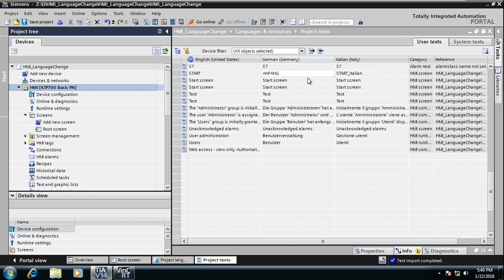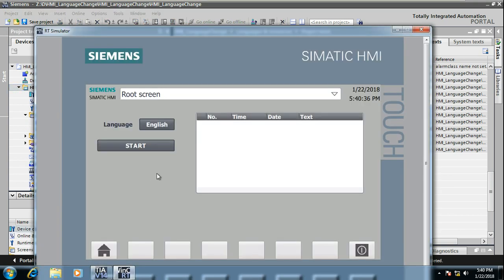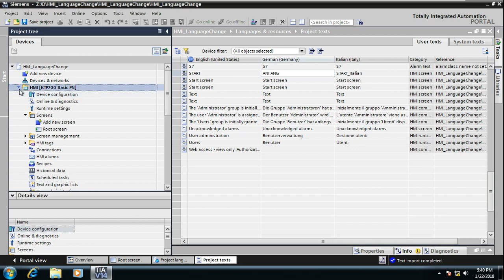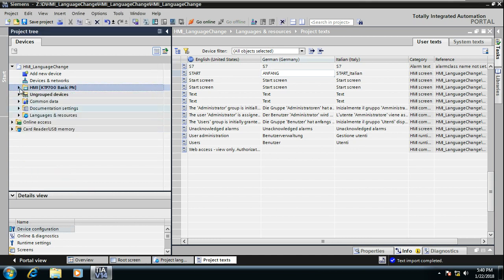All the things which he has converted, you can directly import, and it is ready to go. As we have done here, I'll just switch the language to German. See, Italian we have not changed, so it will remain the same. And again back to English. This is a very simple procedure, but a very useful one.